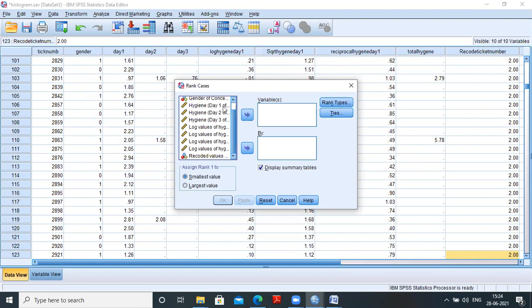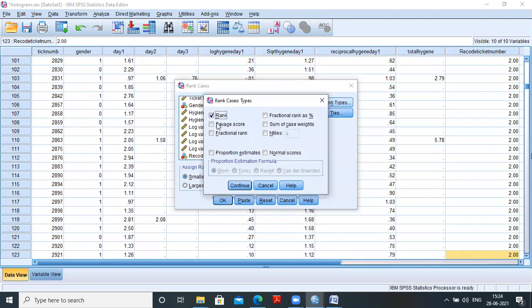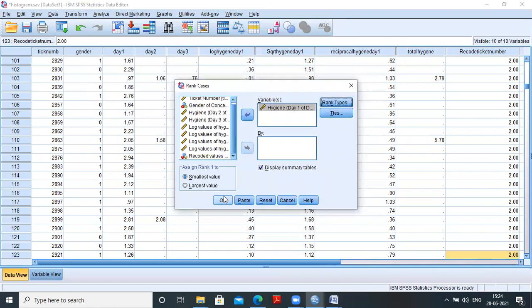hygiene day 1. This is the variable 1, right? You have to rank these cases by the smallest value. Okay. Rank 1 to the smallest value, and so it will continue. Further, you have to create ranks, then continue.